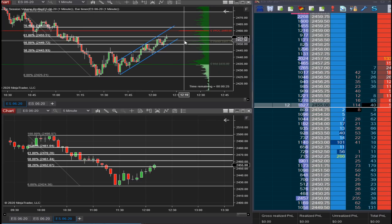Okay, so time to get into the methodology and the logic behind the trades. Obviously the top chart, we've got the 1 minute. The bottom chart is the 5 minute. 5 minute allows me to see the bigger picture. 1 minute allows me to zoom in and see exactly what's taking place. Even if you're looking at the Fibonacci, you can tell that we're at completely different levels at this point. On the 5 minute, we're at the 38.2. The price is testing it. On the 1 minute, we're at the